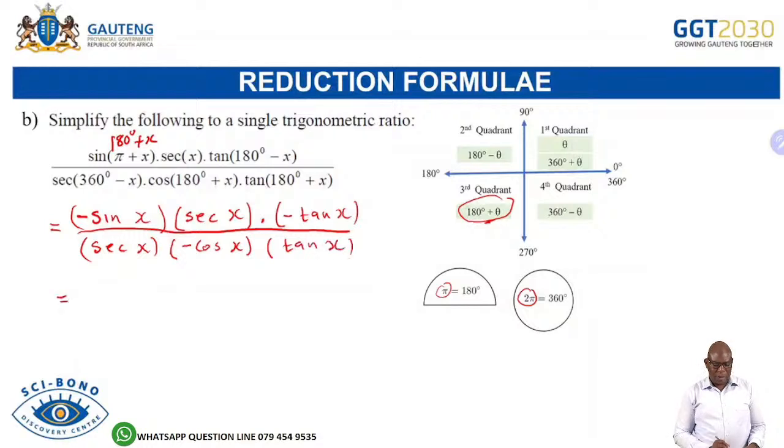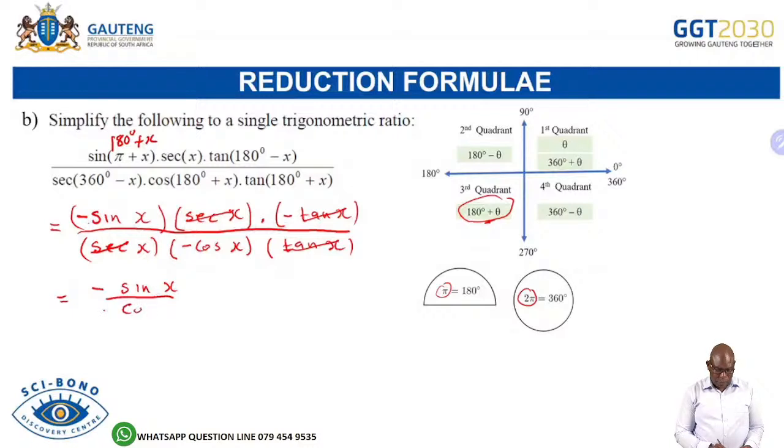Once I've put this, I can either change the sec of x to be 1 over cos x, but I can simply cancel the tan and the tan, and simply cancel the sec and the sec, right? What is left now? I'm left with sine x over cos x. So the negative, negative, negative, my answer will be negative. So I'll have negative. On top, I'm left with sine of x. At the bottom, I'm left with